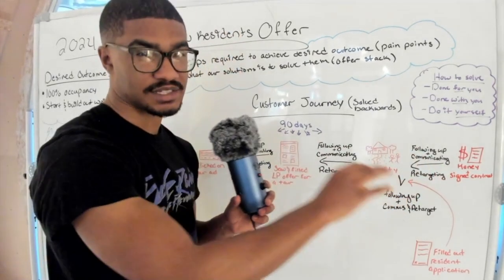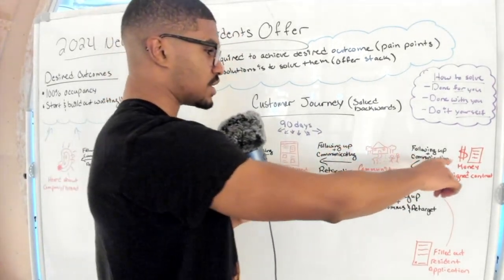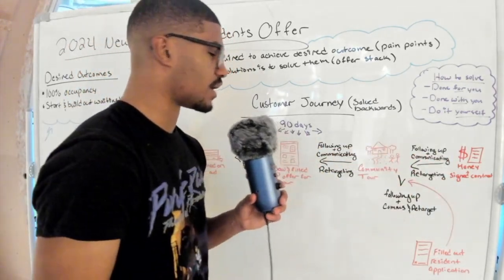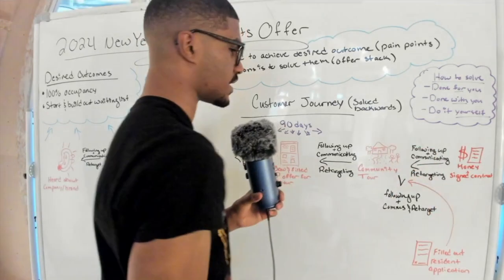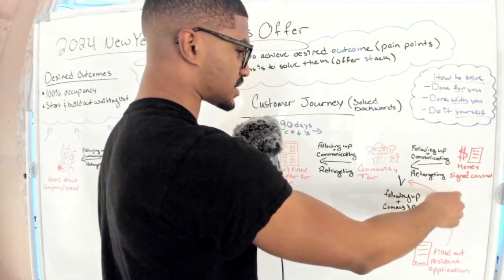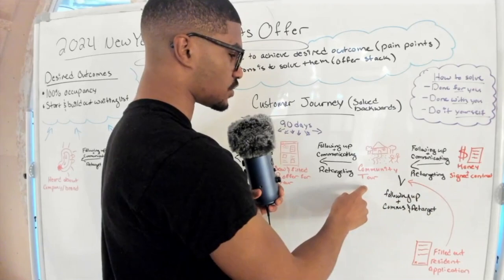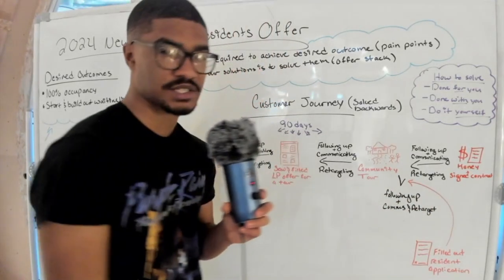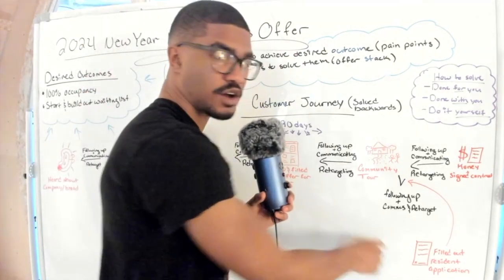Okay, and like I said, each one of these steps that I'm working through is literally me just going boom, boom, boom, boom. We're just working through every single part of the customer journey. So I solved this, okay? Now there's a percentage of people that visit your community, right? Go on a tour, and then fill out a resident application. How do we solve for this